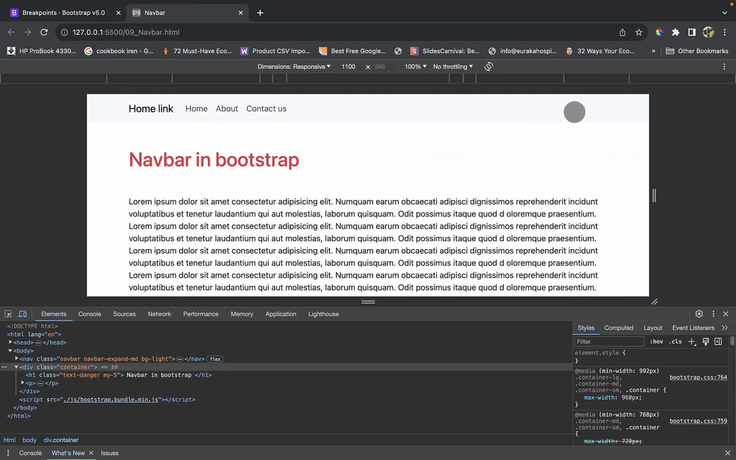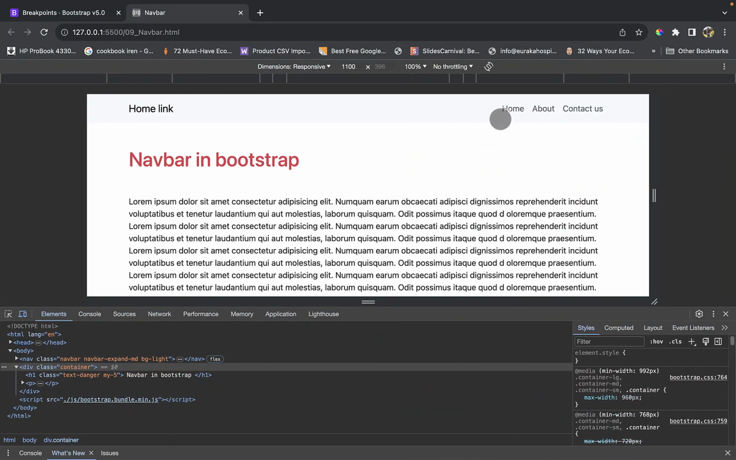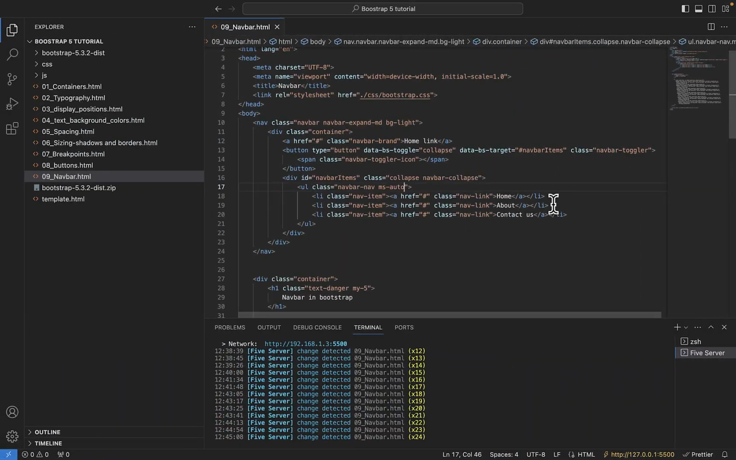Now if you want to align it to the right, we can just do ms-auto. So margin start auto. If we do that, it's going to align. As we keep adding, it keeps filling this space, because that's why I aligned it to the right. Okay? So let me show you. If you go back to our code and I add, let's say